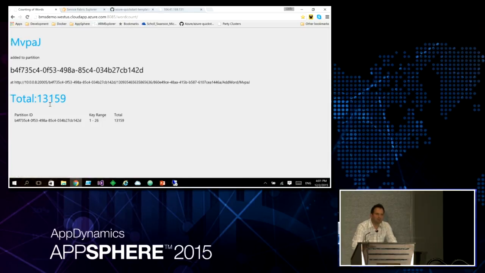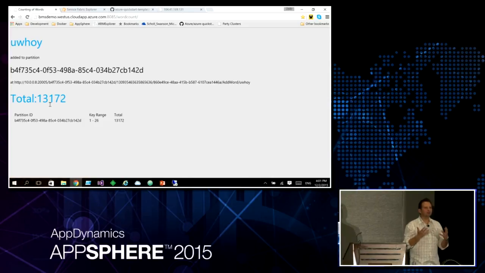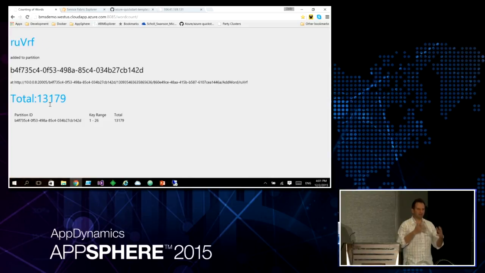You can see it just continues counting. It just fails over, right? So what that means is you're not losing your state. Your state is preserved in primaries and secondaries. If one node goes down, if there is a failure, your service will just continue with that state where it was,